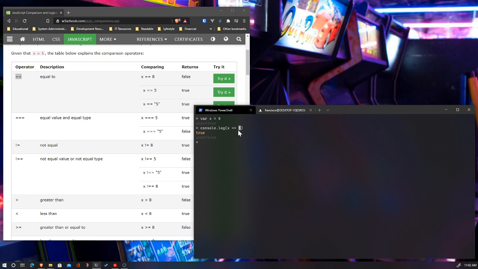And notice that I didn't do the string version of 5, because if I do, actually, you know what, if I do the string, it will equal true as well because it is not exact. And when I mean that it's not exact, it's not being picky of whether it's a string or